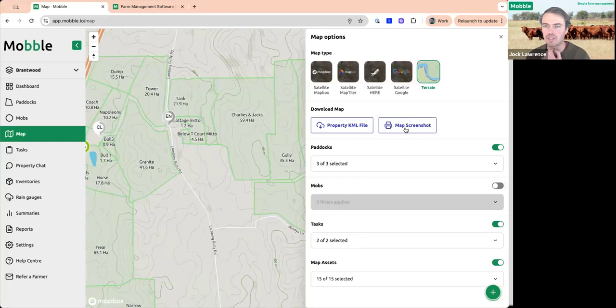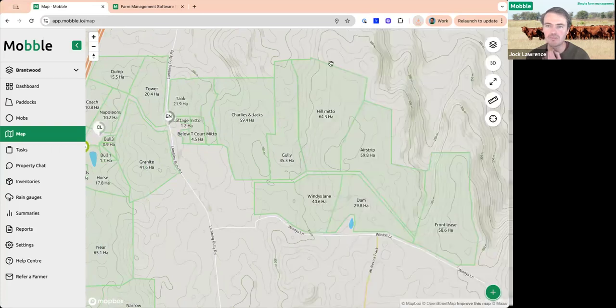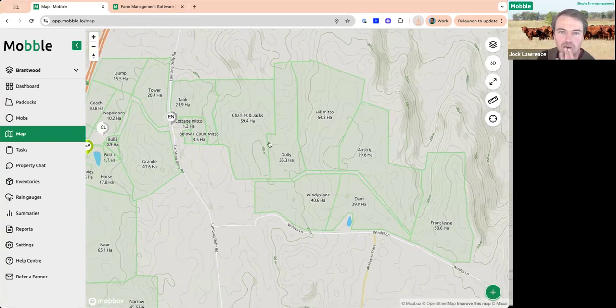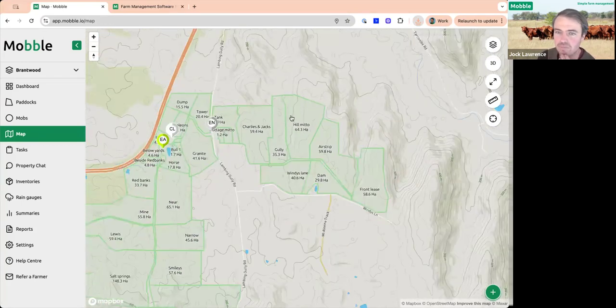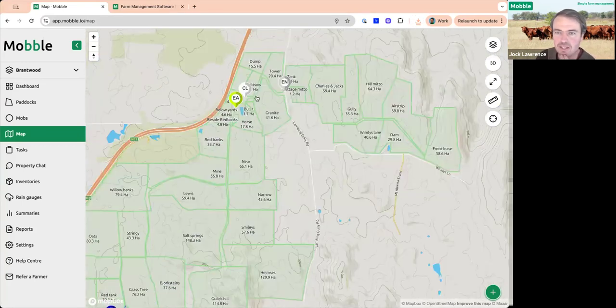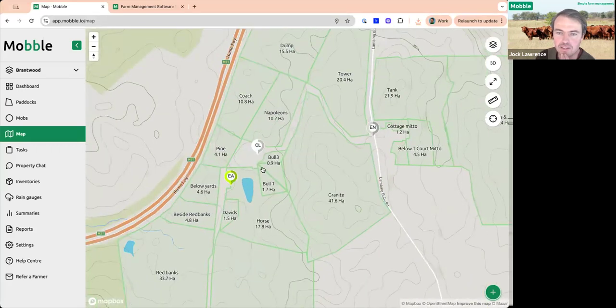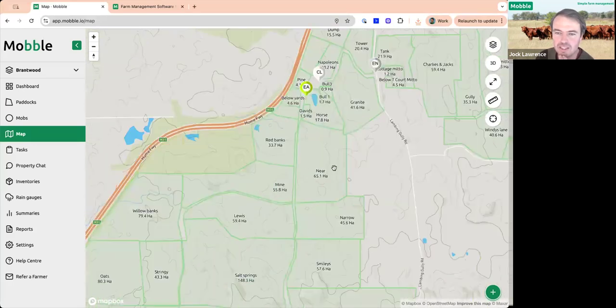Click here, map screenshot, and it'll take a moment and it'll download there exactly basically what this view is here. Yeah, you can send that to whoever's needed. You can print it off. So that's a new feature there. Another new feature is measuring. The measuring tool now has the ability to